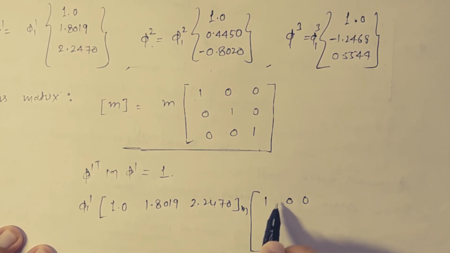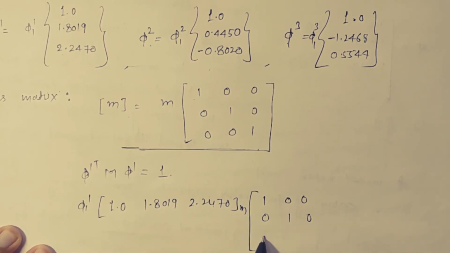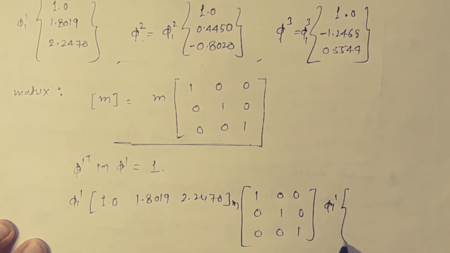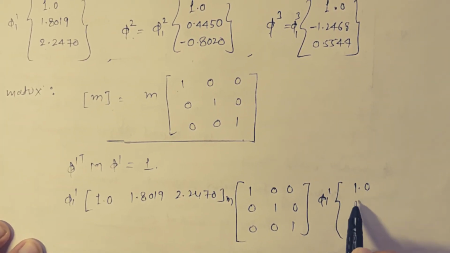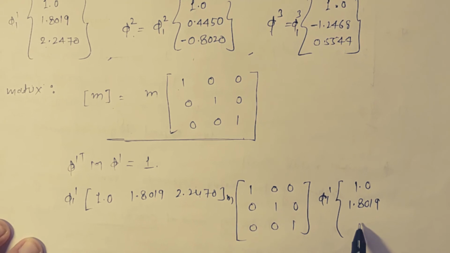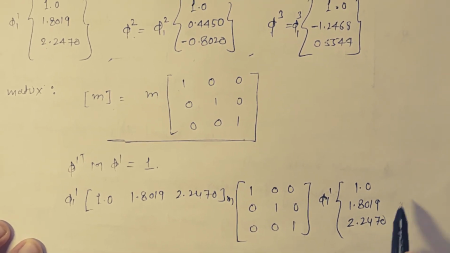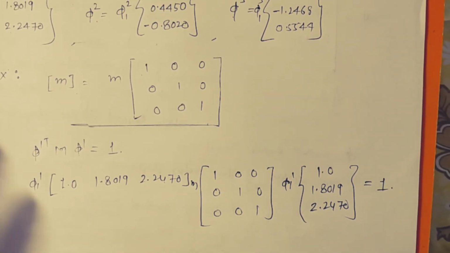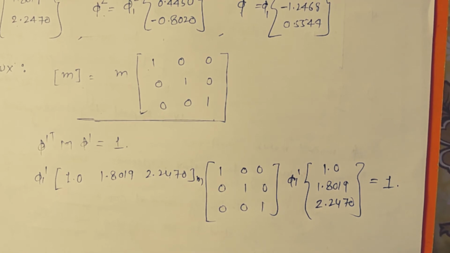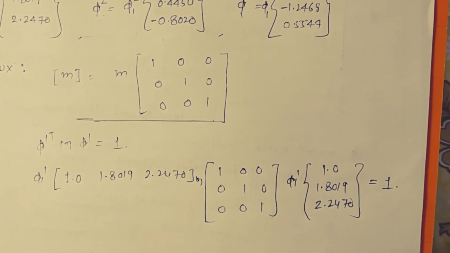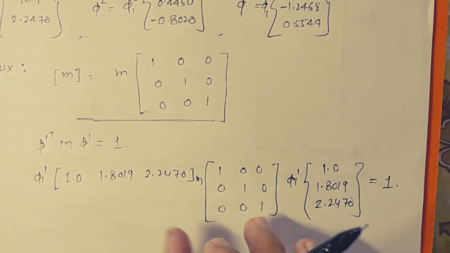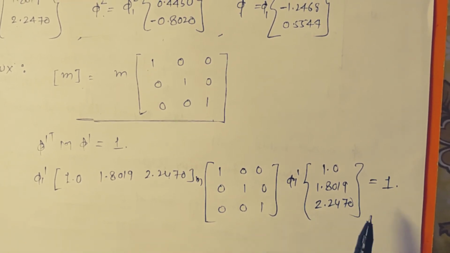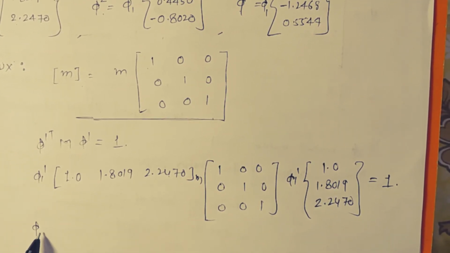We can say the mass matrix M is 1 0 0, 0 1 0, 0 0 1, and this is phi 1, with entries 1, 1.8019, and 2.2470. This is the first mode, and this must be equal to 1. So if we multiply these mode shapes, first we'll multiply these two, then the resultant of these two will get multiplied with this, and we'll get phi